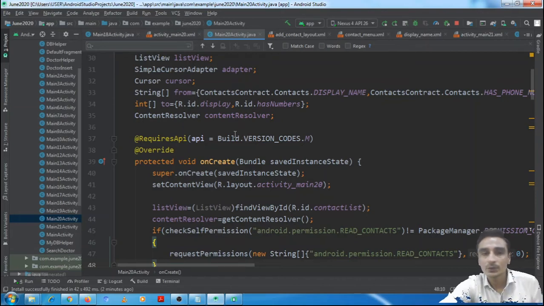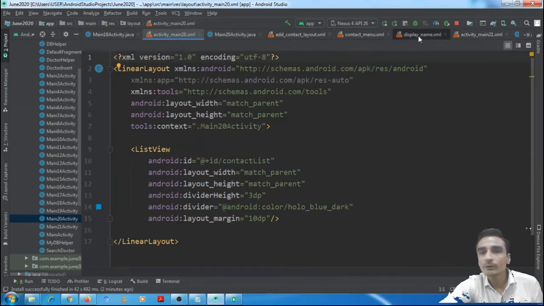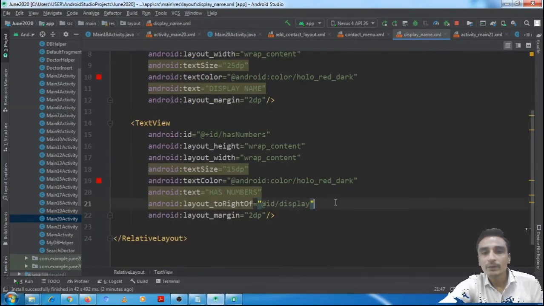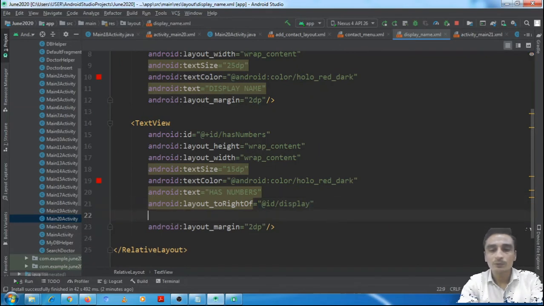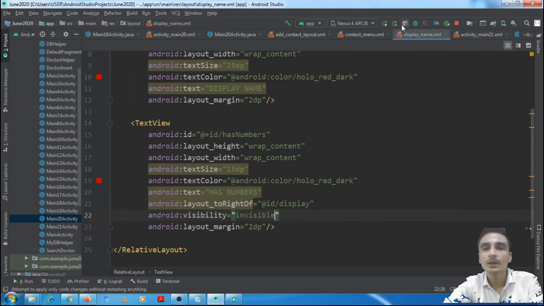And we have performed both these things in a single query. So here in the layout of display, we will make the second text view visibility invisible. Now let us check.